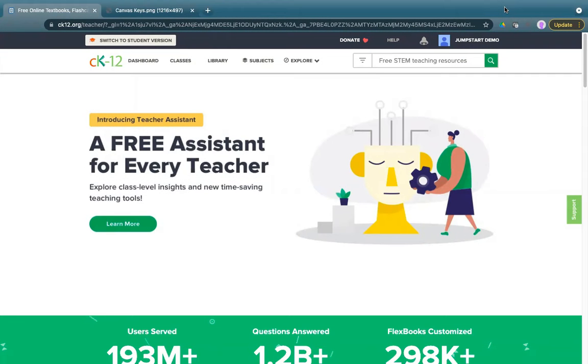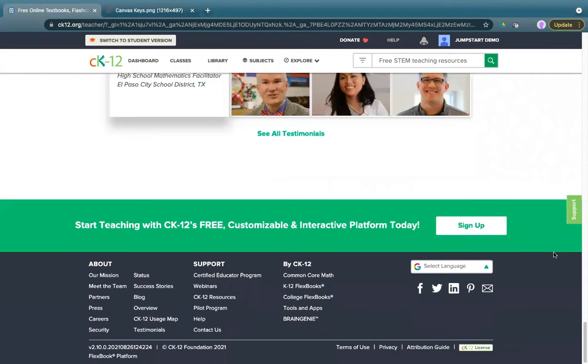If you are a school or district that uses CK12, but also uses Schoology or Canvas, we recommend that you use CK12 within those platforms through our integrations that are set up with them. To get started, scroll to the bottom of CK12 and click on the Tools and Apps link down at the